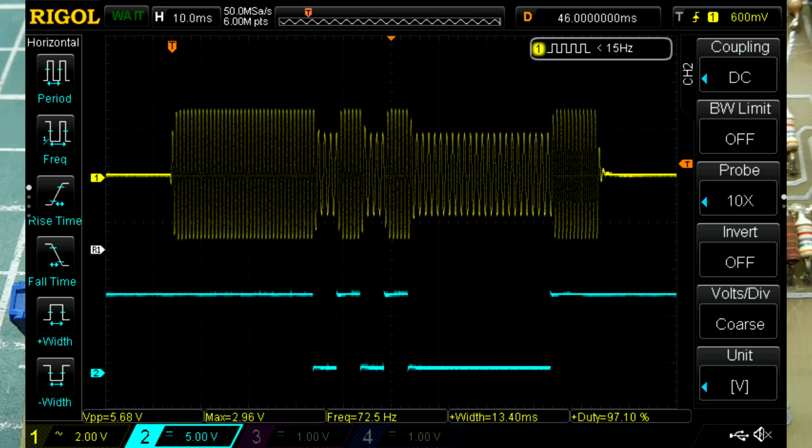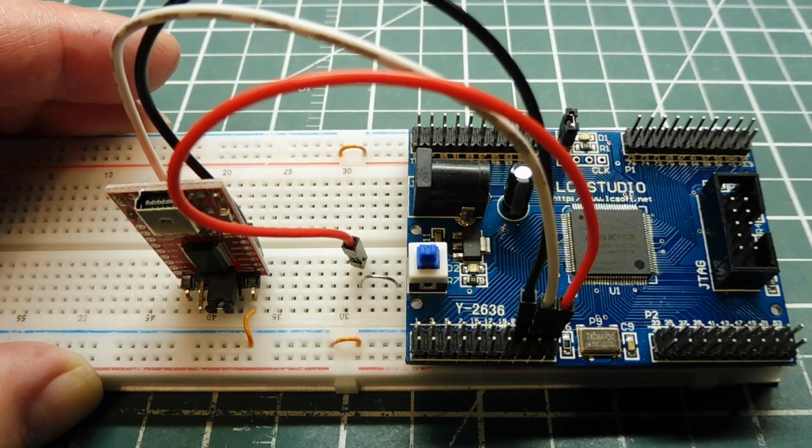So actually we sent a hex 5 with this burst, and I made the amplitude of the mark and space frequencies different so we could actually tell the difference. Normally they'd be the same amplitude. So that's how we send a signal, and you can see in the bottom how it's decoded. That's our decoded UART output, and that will give us a hex 5 into our microcontroller. Okay, next,